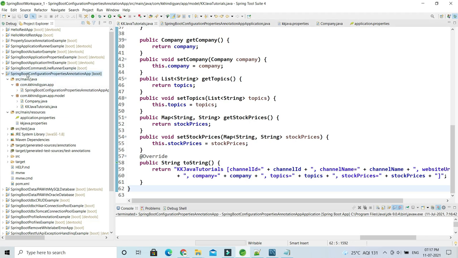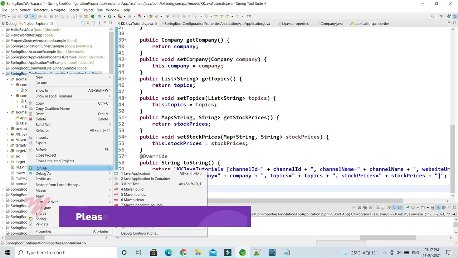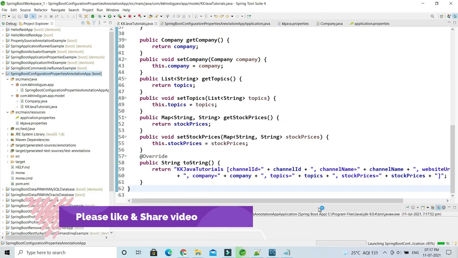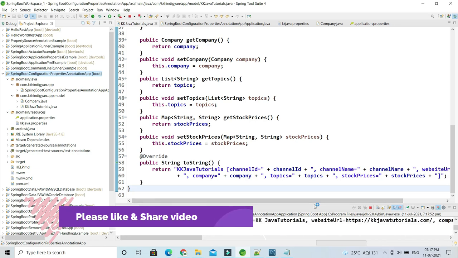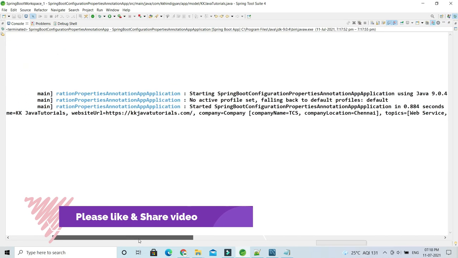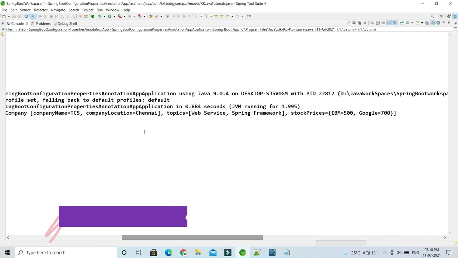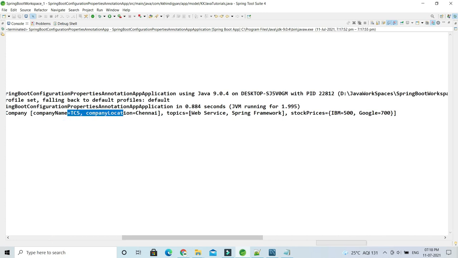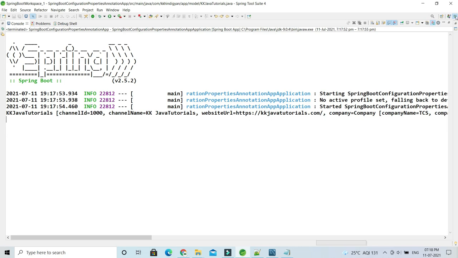Now again I'm going to run this application, guys, and if I run, now here you can see everything like company is coming, and then all the topics and all the stock prices are coming correctly, right?